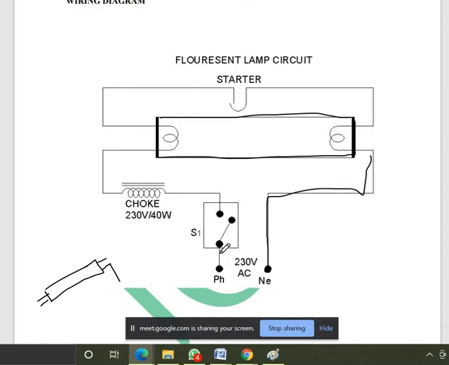You can take any switch, and the output of the switch should be connected to the choke. Choke is nothing but a copper coil, so this symbol means an inductor coil. I will explain the purpose of the inductor coil during the working principle. The output of the coil should be connected to another pin on the other end of the tube light. So here we connect the choke and the switch, and here is the neutral, and you give the supply to the tube light.